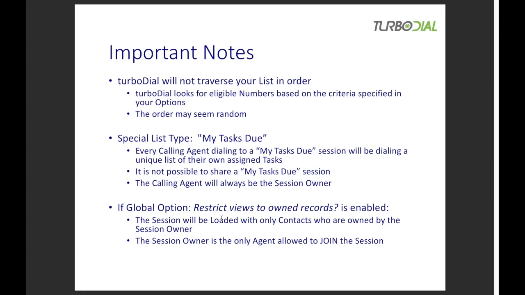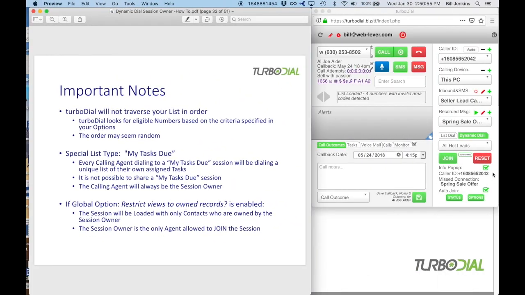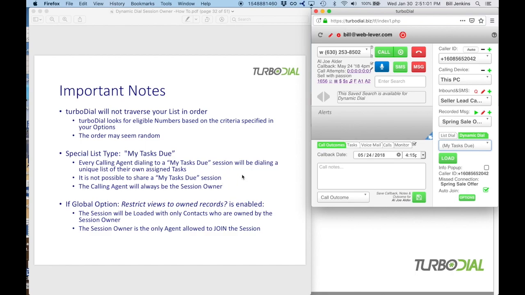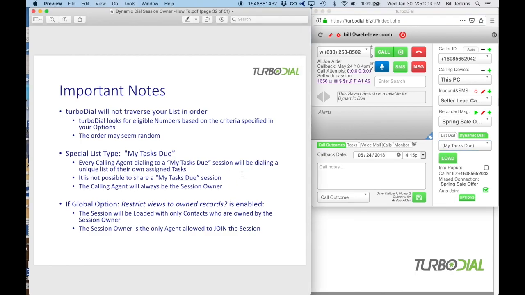The My Tasks Do list is a special type of list. Every calling agent dialing to a My Tasks Do session will be dialing a unique list of their own assigned tasks. So it's not possible to share a My Tasks Do session between multiple agents. The calling agent will always be the session owner. So you can use Dynamic Dial with My Tasks Do, but the person making the calls will also be the